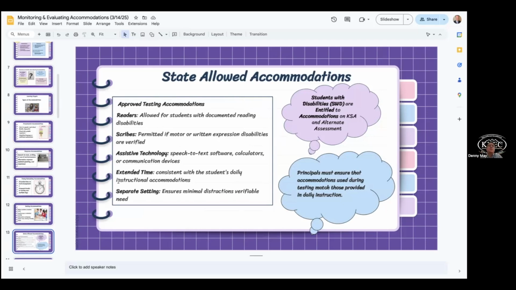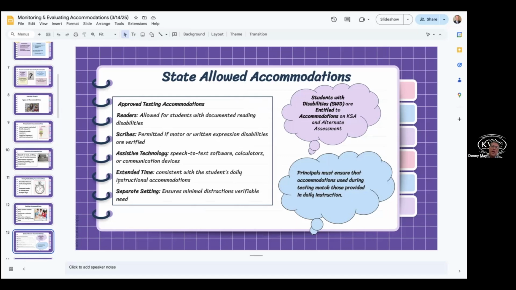The one point I want to make is that you can accommodate any student in the classroom. If you're scaffolding the student or you're trying to help them get it, as Anita Archer would say, you can accommodate. They do not have to be a student with a disability to receive an accommodation or a scaffold.